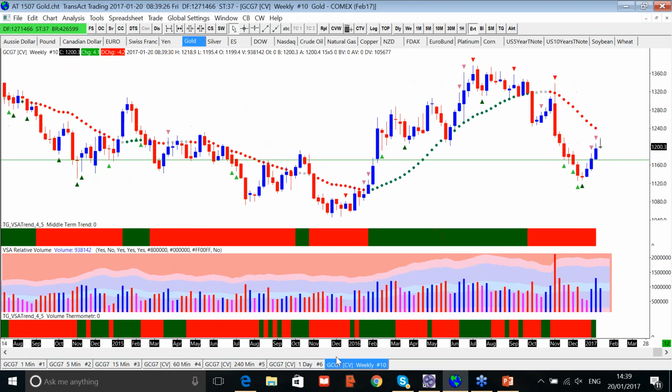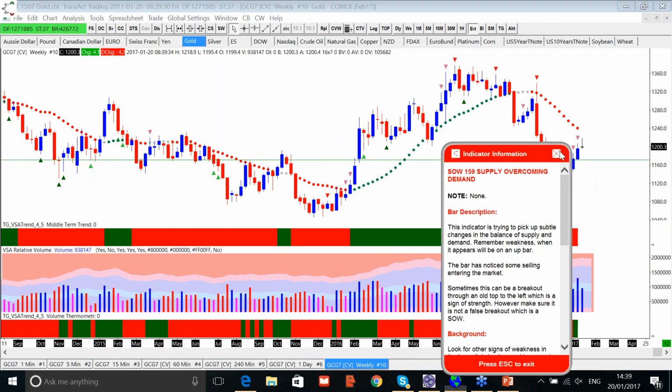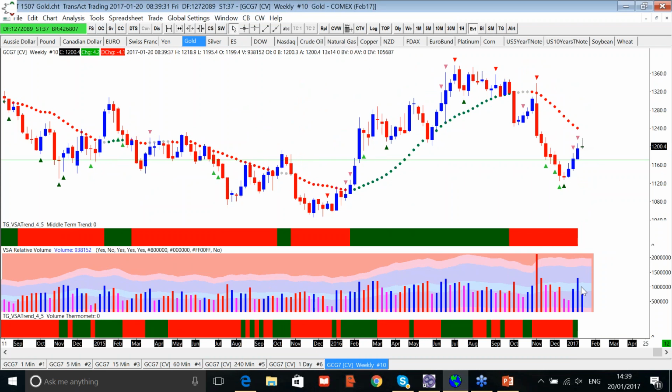Okay, so we're going to start off with the weekly chart. The weekly chart last week we had here, supply overcoming demand, but the market hasn't responded to that yet. Very high volume on this up bar. So I'm looking to see if there's an upthrust today, and I'll start shorting again, because I was short gold